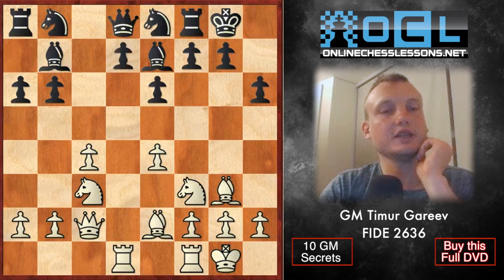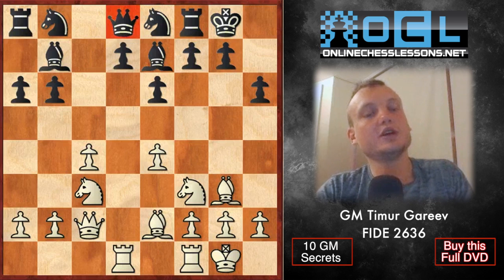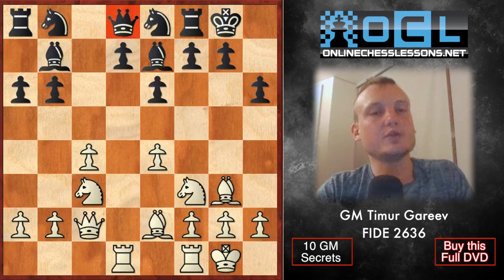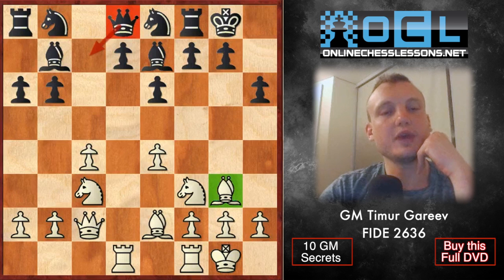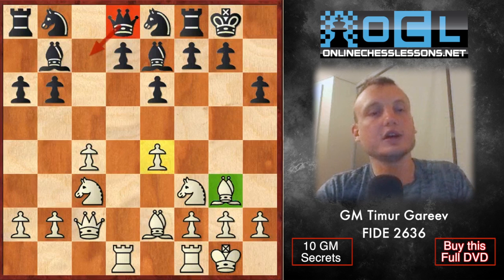Black continues d6. At this point, black kind of ran out of options because the pieces are miscoordinated. The standard spot for the queen in the hedgehog is to place it right there on c7. Now the bishop is taking care of it. And when you're struggling with space, which certainly white has more of, and the better piece placement,